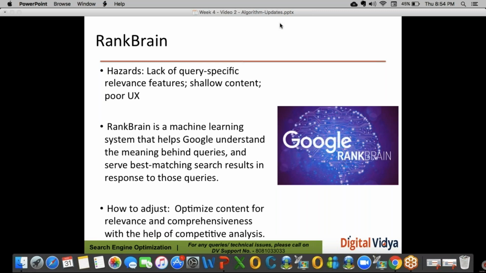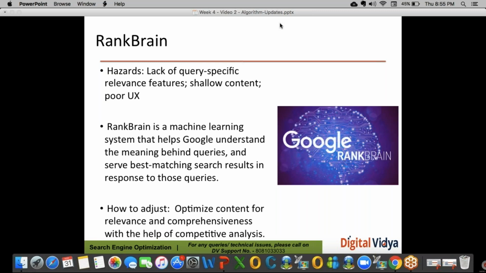Okay, and number two, whether it's an SEO strategy or any marketing strategy you are making, make sure that strategy is user centric. Okay, because that is what Google is following. If users are liking your website, Google is liking your website. If users are not liking your website, Google is not liking your website. So make sure whatever you're doing, everything has to be relevant and user centric. Okay, and when I say user, these are your potential customers.